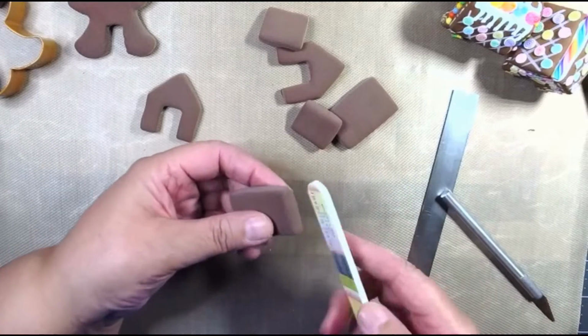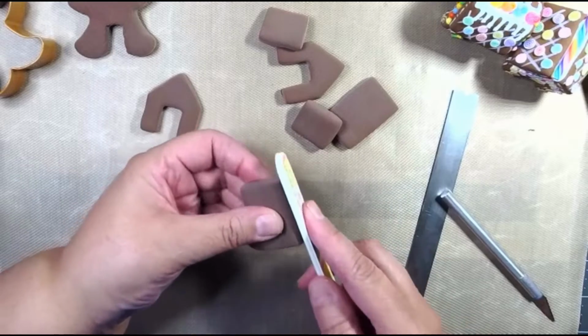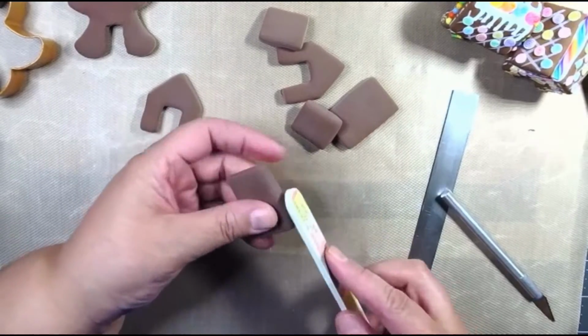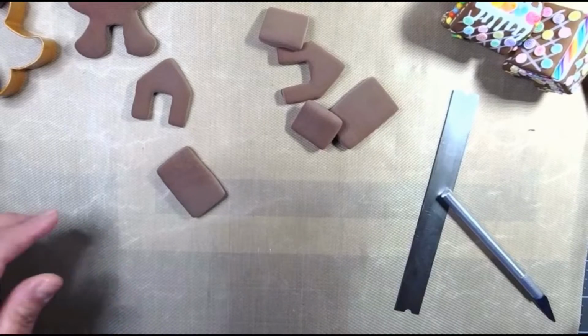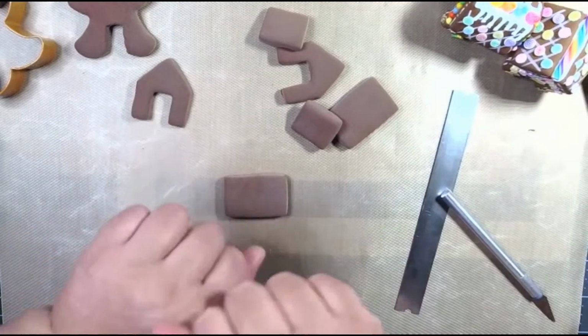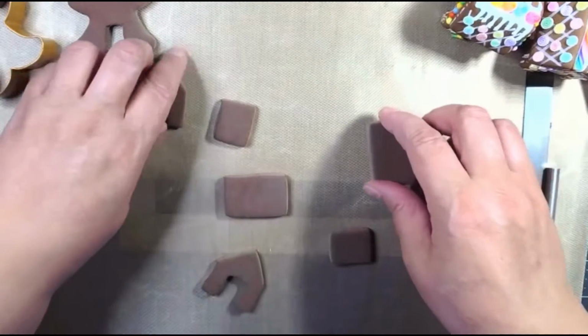So if you like this edge, you want to straighten it out a little bit, just smoothly. Softly. Don't get all crazy. But you can use a nail file to file it down, or if you have those little pads, you can do that too. So anyways, we're gonna put this house together,